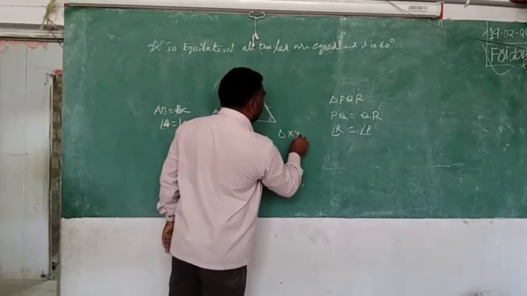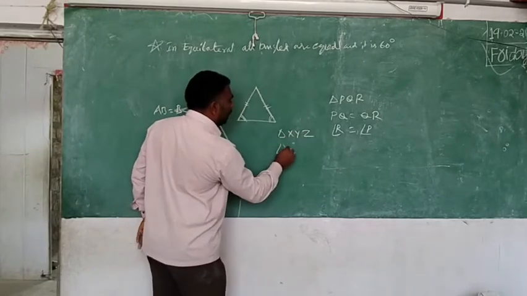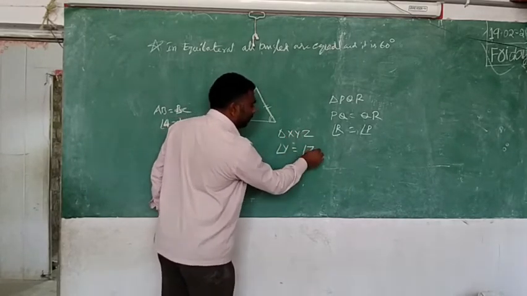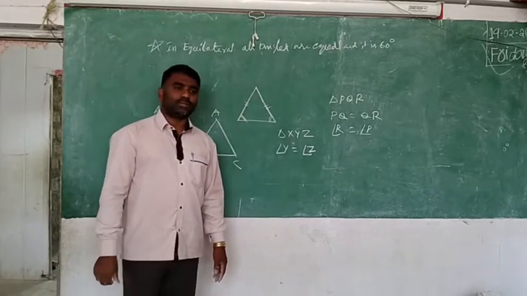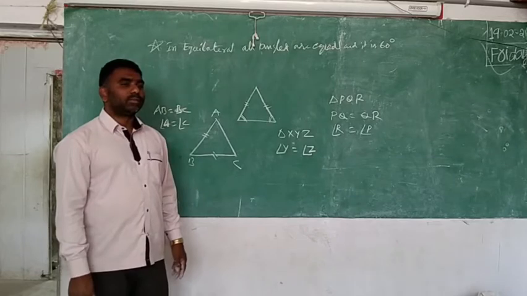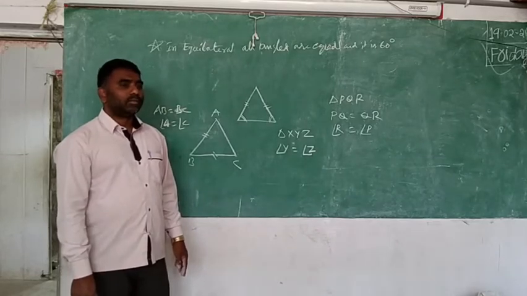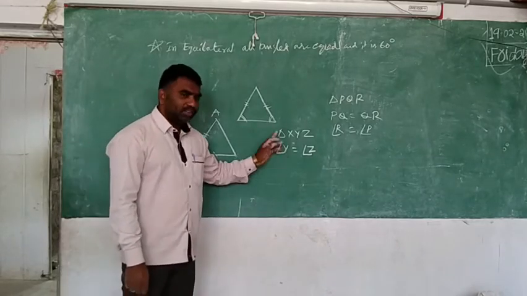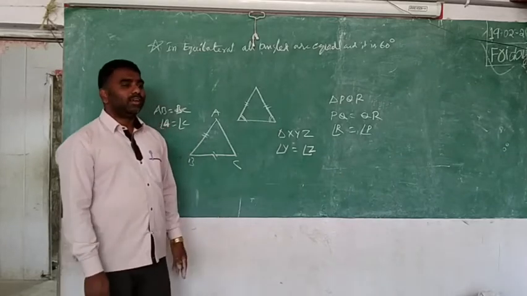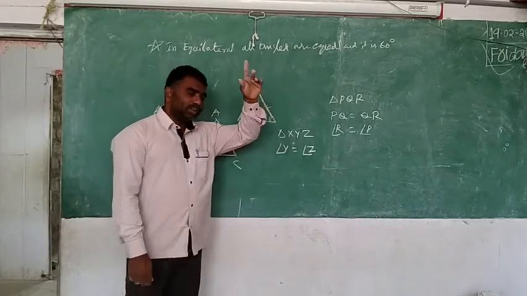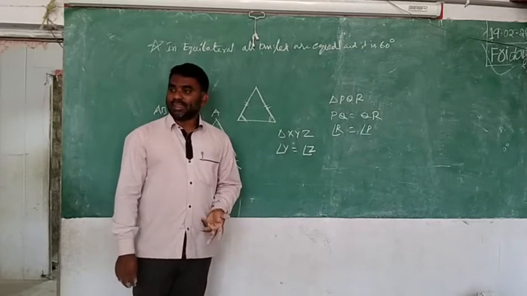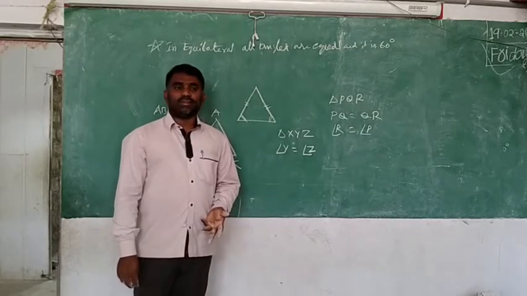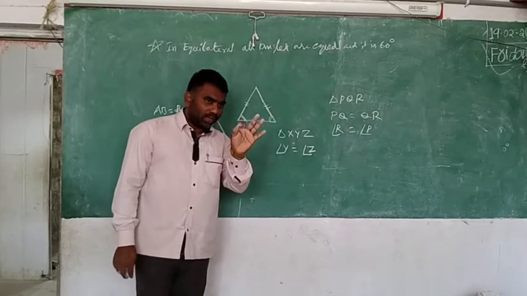I know that in triangle XYZ, angle Y is equal to angle Z. Means which sides are equal? XY. Simple. For this, which is opposite, you check it. For angle Y, what is the opposite side? XZ. The side will be with only two points.